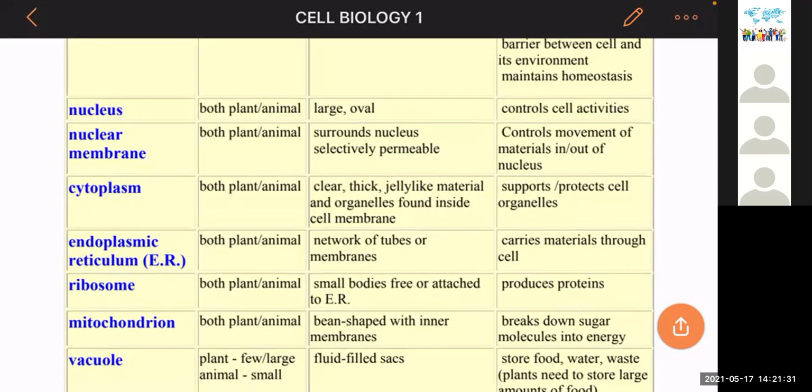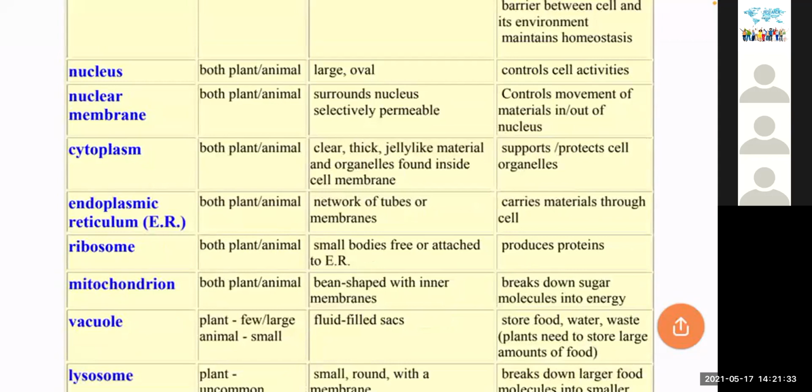Rough endoplasmic. Correct. The endoplasmic reticulum that is attached with the ribosomes is the rough endoplasmic reticulum, the 80S ribosomes. Yes. And the function of these ribosomes is that they produce proteins because